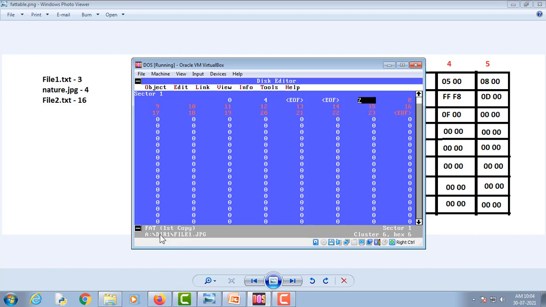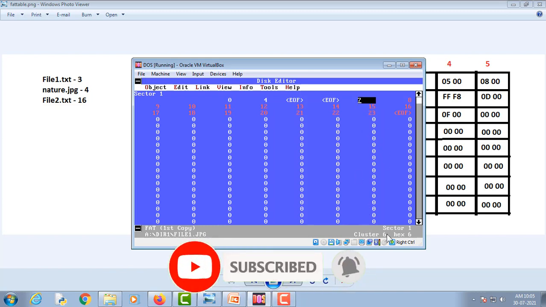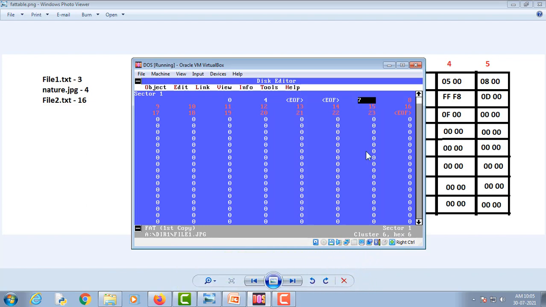Now if we go to the next cluster, you can see the value has changed here, which is now file1.jpg. It means file1.jpg is starting from cluster number 6. Right now we are at cluster number 6, but number 7 is written on cluster number 6, which means that the next cluster occupied by the file is cluster number 7.